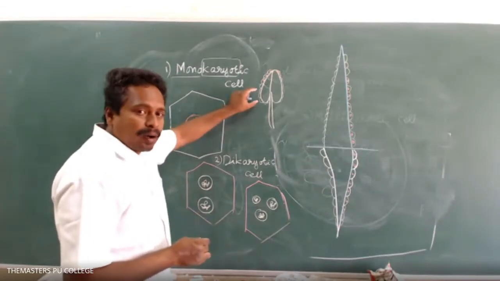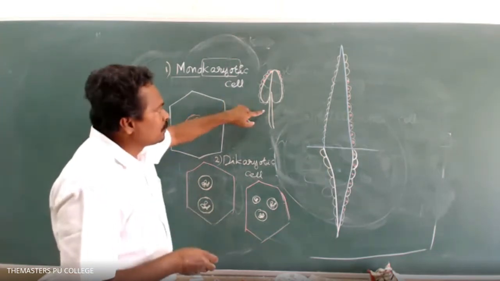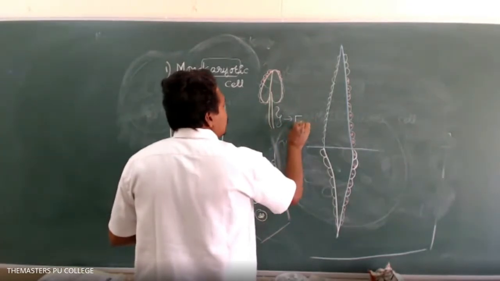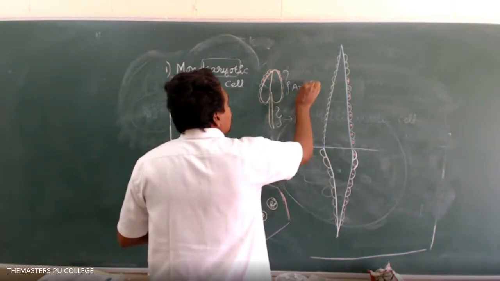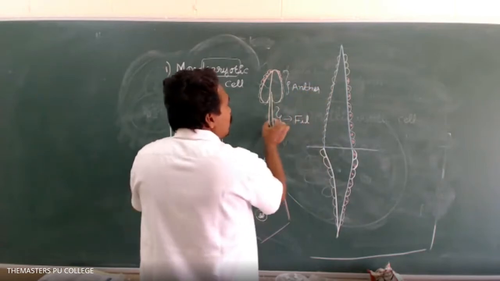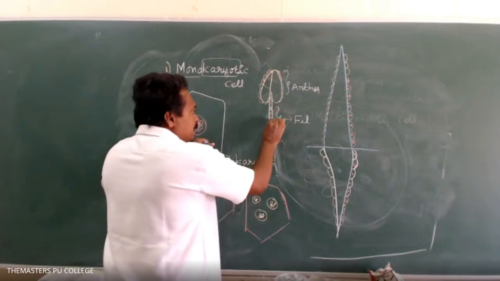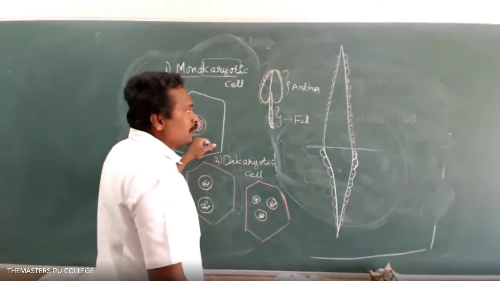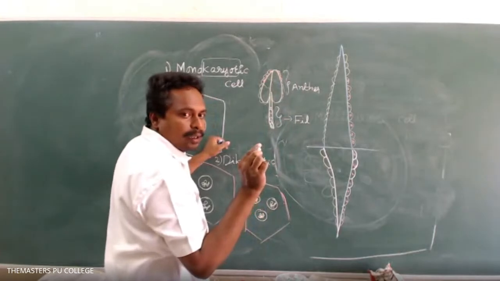In the anther organ, you already know the parts of the stamen. Each stamen consists of mainly two parts. What are they? One is the filament and the second one is the anther. The stalk of the stamen is called the filament. The filament is made of several cells. In each cell, one nucleus is present. In the epidermis layer of the anther, each cell is having one nucleus.